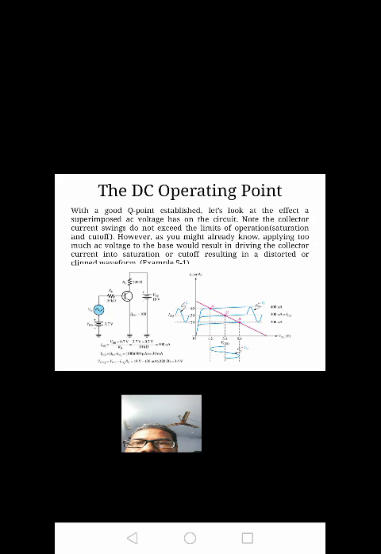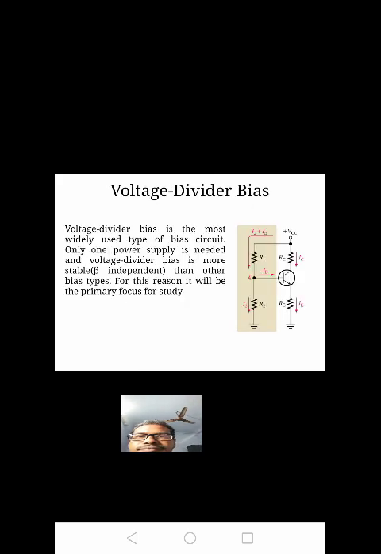But in this diagram, we are observing the exact value. Whatever the current value we apply, there is no effect on the output current and output voltage. Here we are observing the IB current. The IB current here we are applying at 30 milliamperes. At that time, the IC current value is also not clipped off. The VC voltage is also not clipped off.